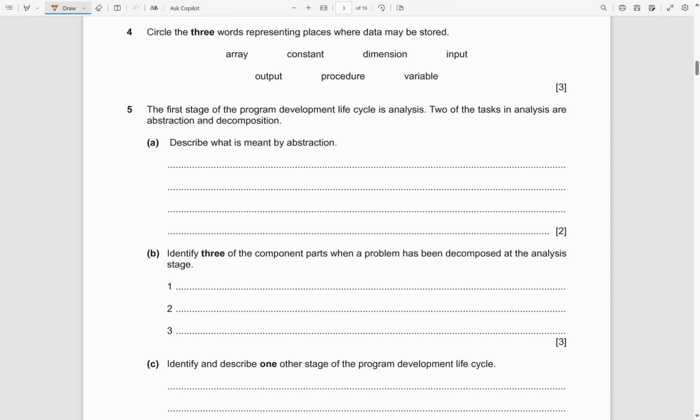Circle the 3 words representing places where data may be stored. Maybe you want to read through them first, just to check you don't make any silly mistakes. But of course, an array, we can store data. We store data at each of the indexes. A constant, we can also store data. A dimension, well, what this means,